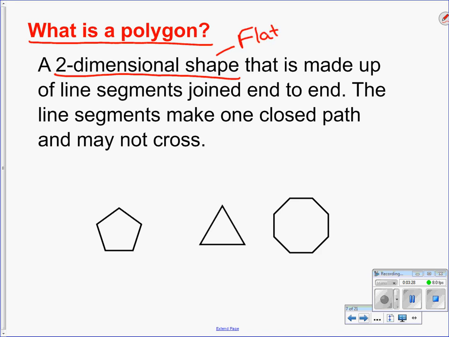That is made up of line segments, okay, just line segments joined end to end. So there's no opening, they're joined end to end. And the line segments make one closed path that may not cross, okay? So it's not allowed to grow over like this,